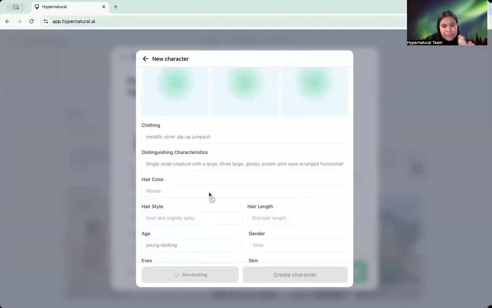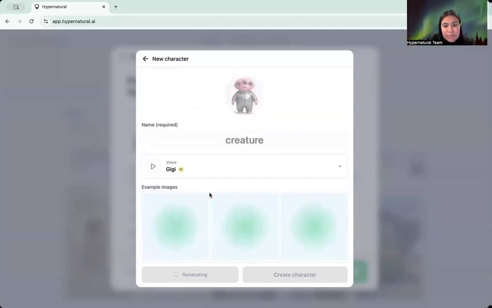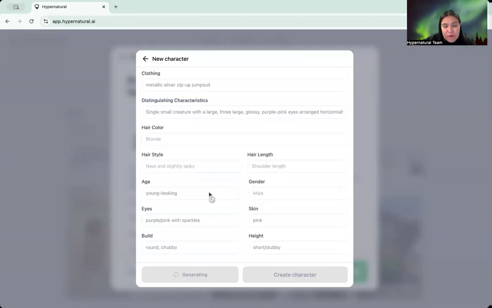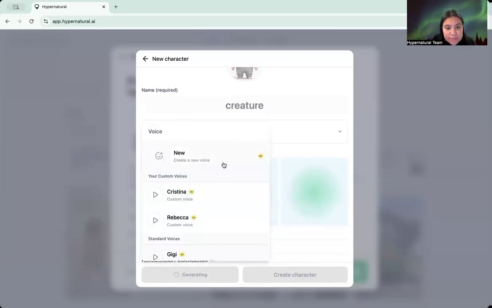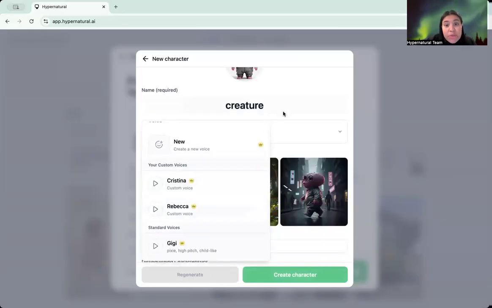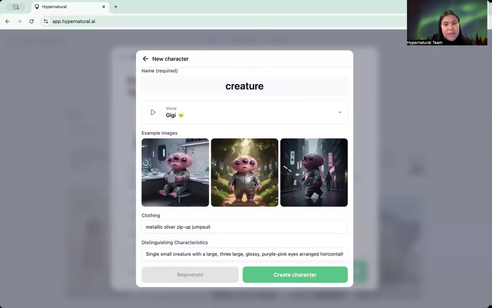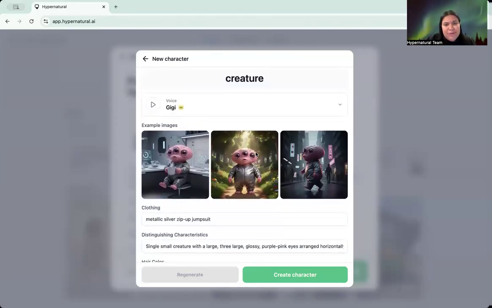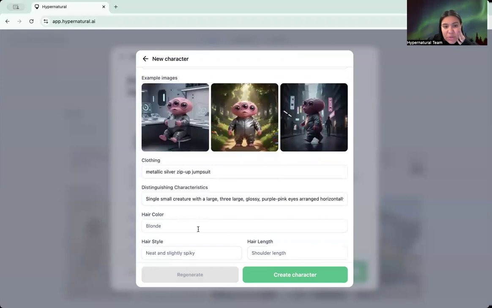I could add hair to this creature. I don't want to do that. But same for all of the previous characters we've created. You can make a lot of changes before you actually create it. One thing to note about regenerating versus generating something new is, for instance, if I created this creature and then for some reason I actually wanted it to be a human, I would just start from scratch. I would not try to make changes or tweaks to this creature